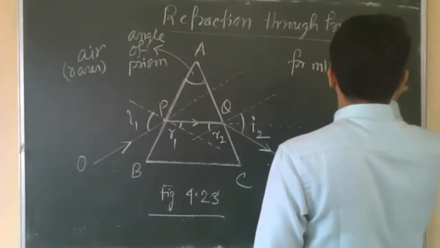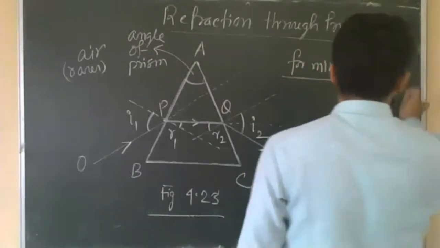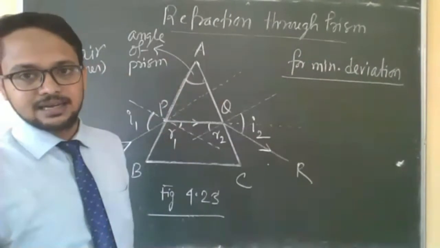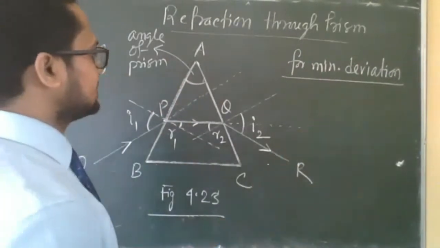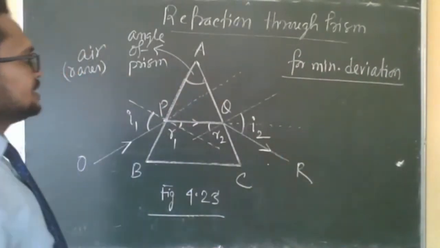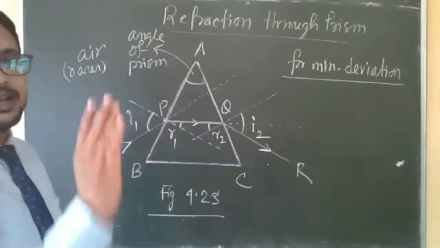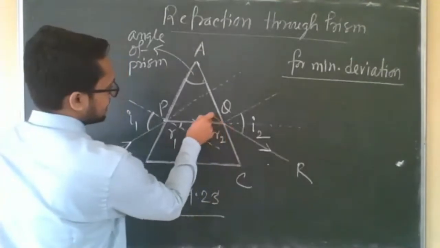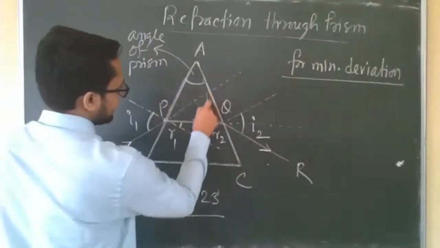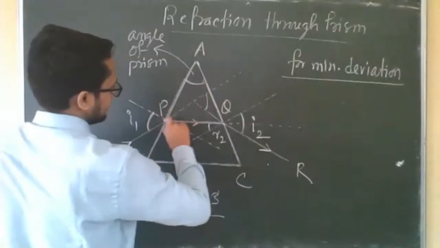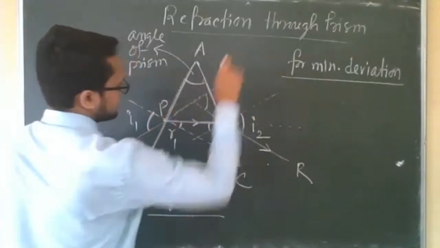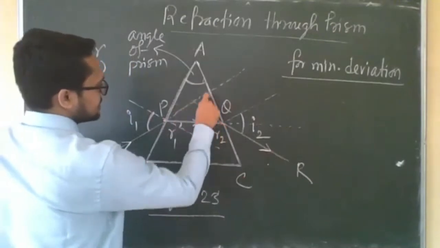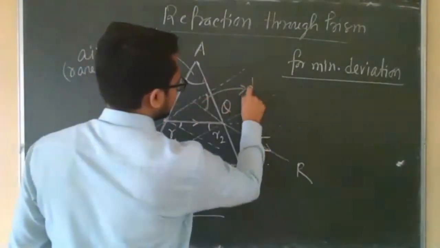Now deviation means what here? We know the difference between incident angle and refracted angle, right? So deviation here means the angle between the incident ray and the final emergent ray. This is the emergent ray, final. So extrapolate it in the backward direction. It will make some angle with the incident light, right? This is the incident light, actual path, and this is the emergent ray. Extrapolate it backward. This angle is called deviation here.